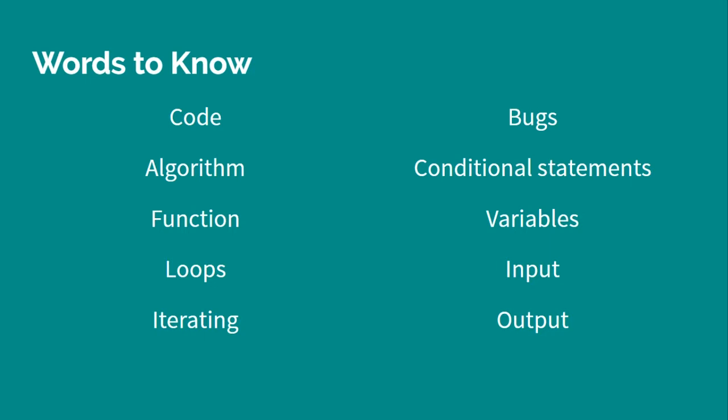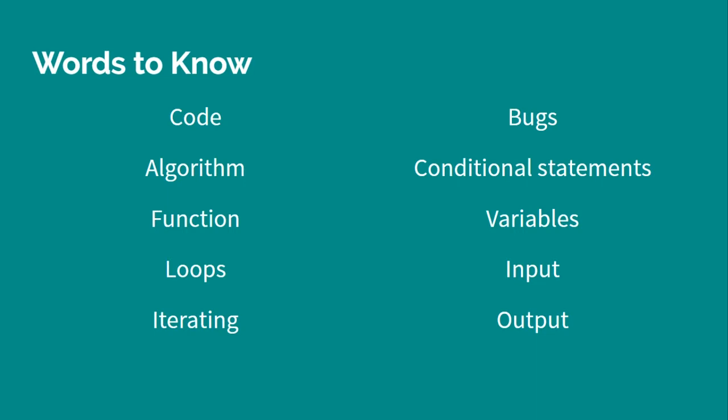Iterating is the action of testing along the way to make sure each part of your code works and refining what the code can do. So this helps when you're running into errors with bugs, which are mistakes in the program. Conditional statements are, this is going to sound like a dumb definition, but they're statements that are conditional to certain actions. So depending on whether the statement comes out to be true or false, an action will or will not happen.